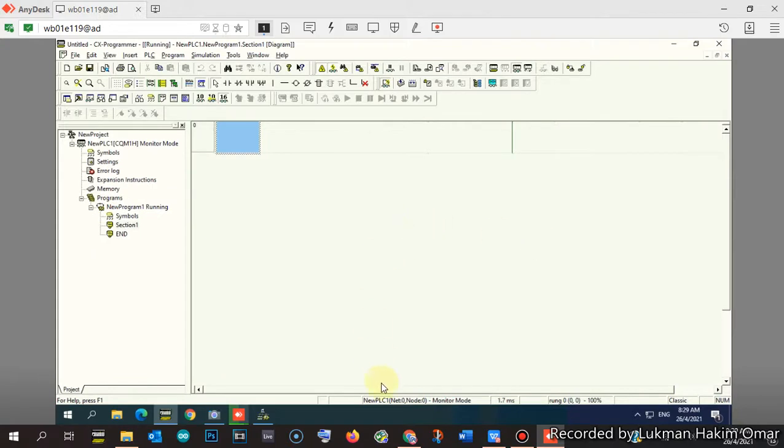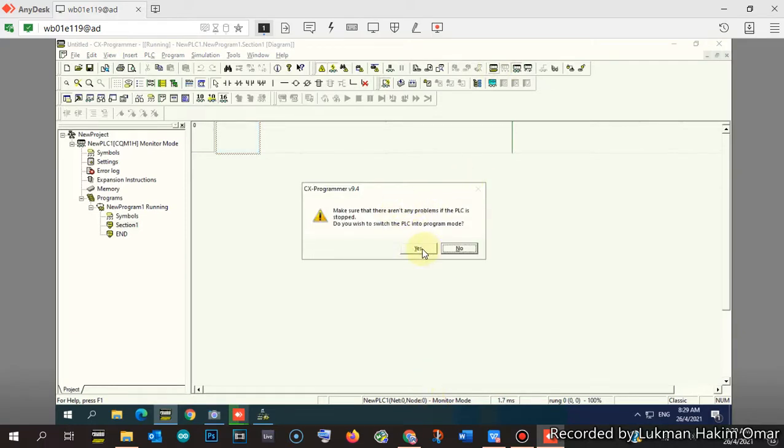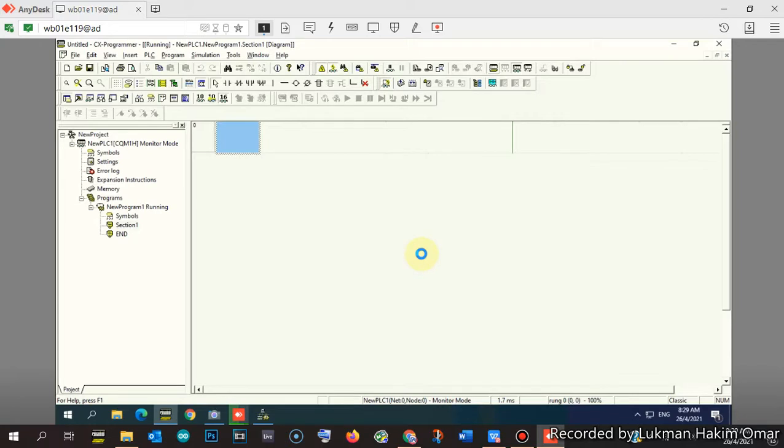So the PLC is online and in monitor mode, so we change to program mode. Okay, we change to program mode. The same thing, you go to tools.